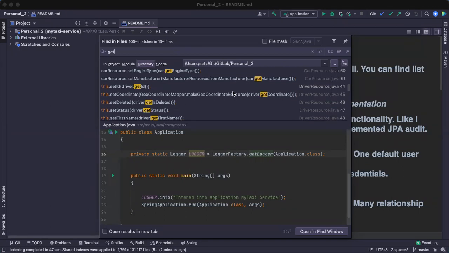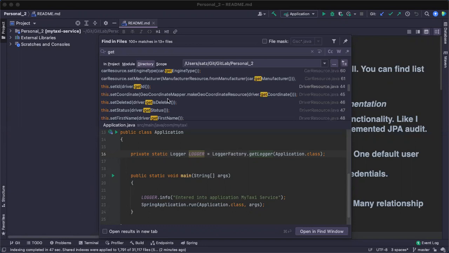Yes, correct, it is there, but the problem in Eclipse is that whenever you are doing a search, at that time only it will initialize a search operation. So it will take a few seconds to give you the result. It searches from the beginning every time.